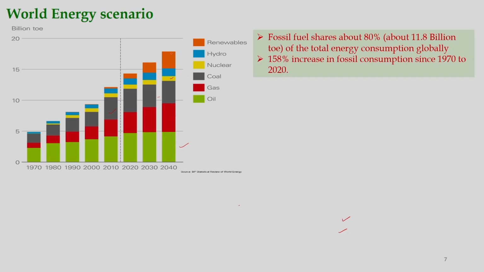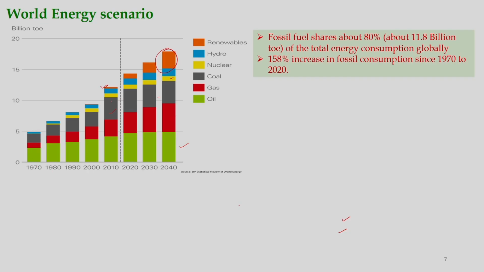is hydro and renewable. As you can see, renewable was nowhere in the 70s and 80s, very nominal, and in 2010 you can see some kind of visibility, and it is predicted that this renewable energy will take a driver's seat in the coming years. So, as you can see here, about